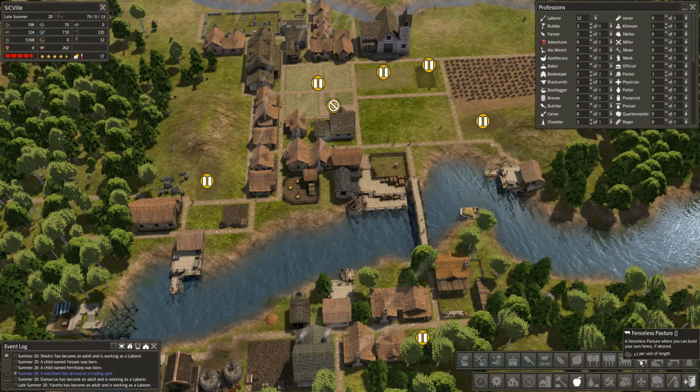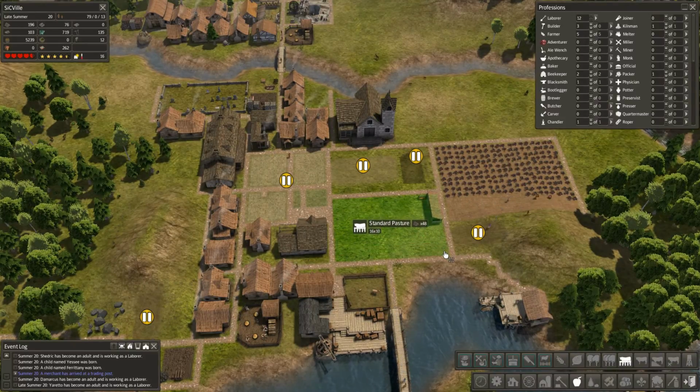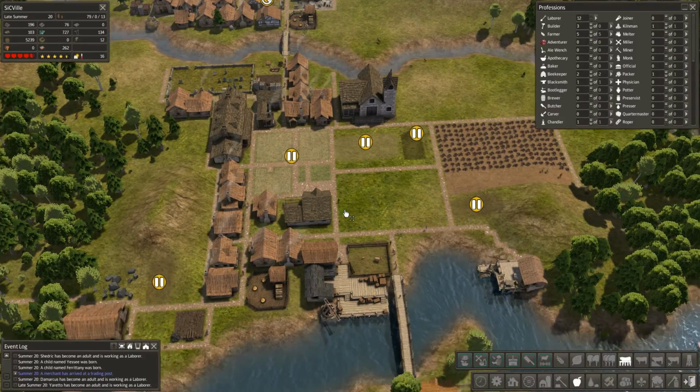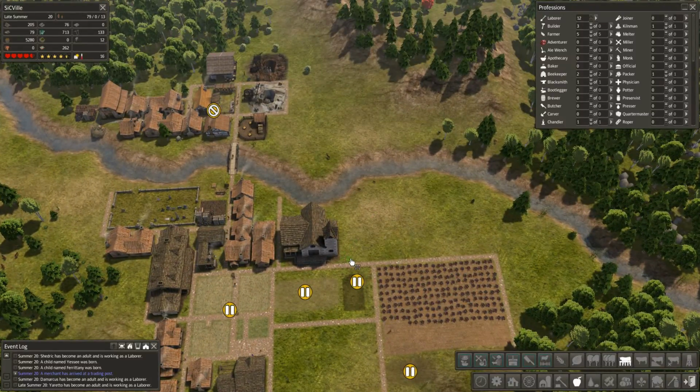And let's build a pasture with a fence. We could build one over here, actually. But that's not leaving us a lot of room for expansion, so... Maybe... Build one like this, so we can have a road going around it. We could put the